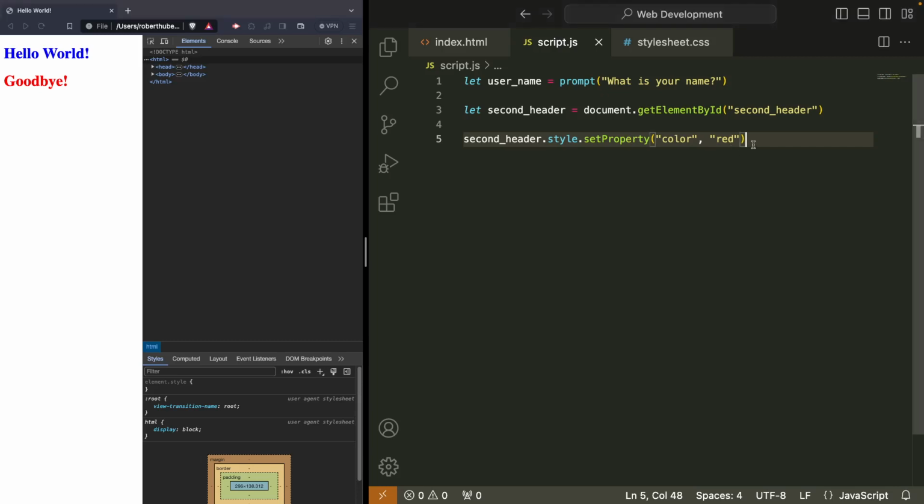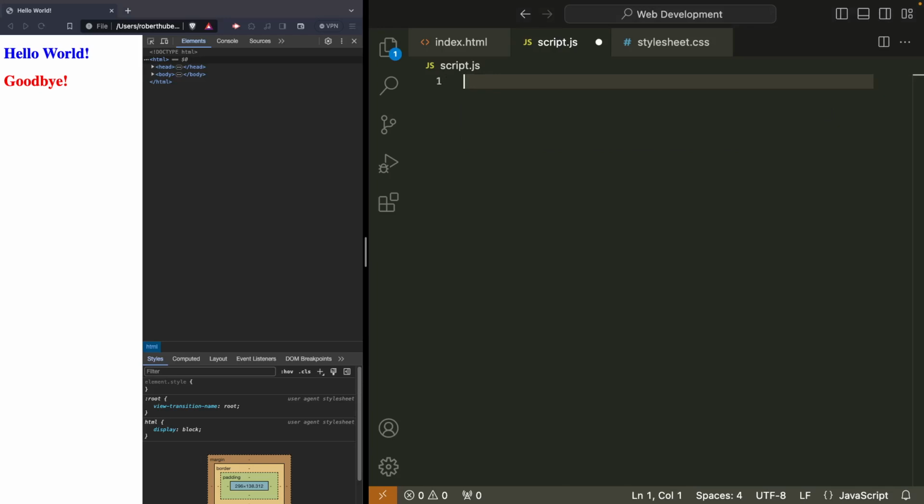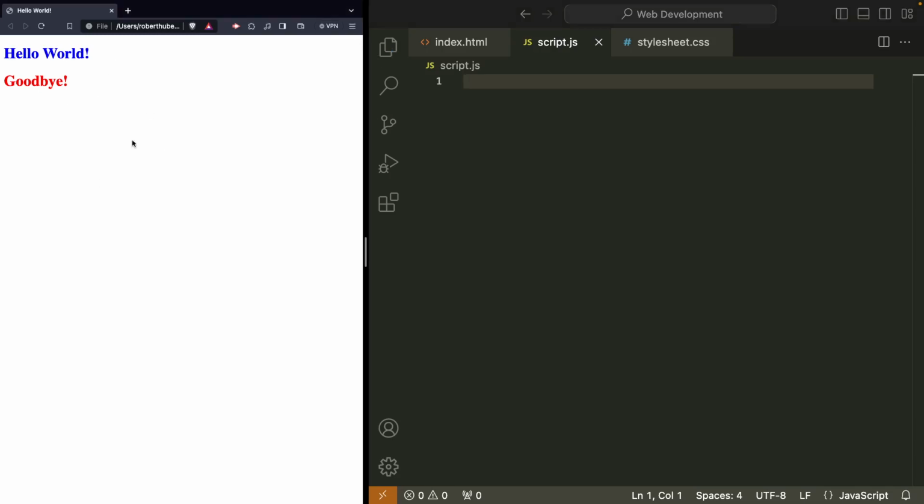Now, let's try our skill check for today. We've all worked on those tip calculators, right? So here's what I'd like you to do. Use the work that we've done so far on our tip calculator, but this time, instead of printing to the console, go ahead and make your website report back the information that your user entered about the tip and about what calculation they want to do. So let's actually, instead of printing to the console now, let's actually print that information out to our web page